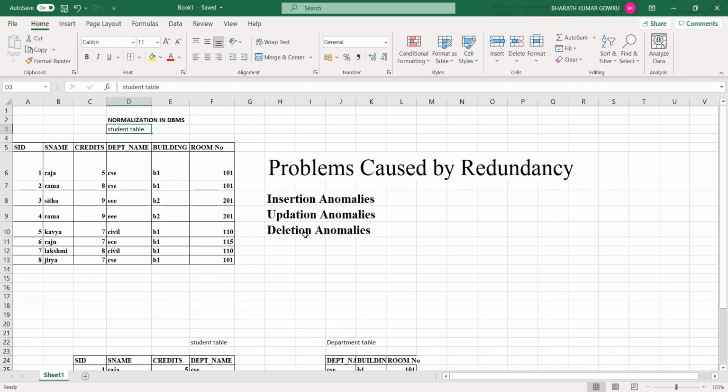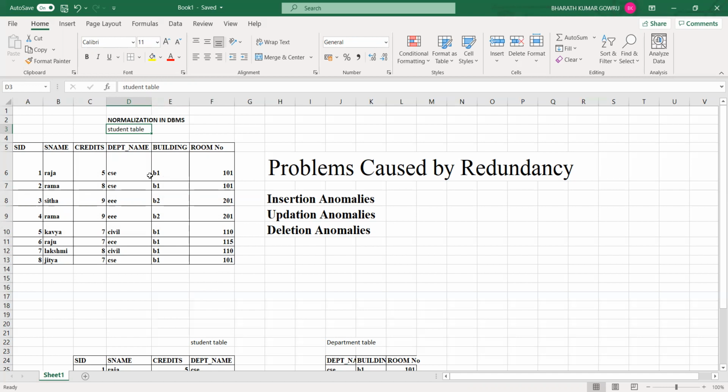What is the meaning of anomaly here? Simply, anomaly means data is having multiple copies. Suppose in our table we have multiple copies of information, then that is related to the anomaly. Redundancy is the same, where we consider the information more times. So now our aim is to reduce the redundancy.